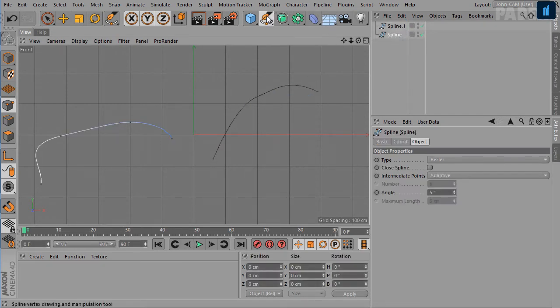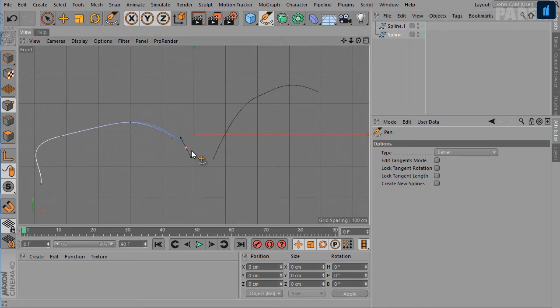Let's connect them using the pen tool. And notice here that we have now only one spline. So whenever you connect two or more splines, they will be converted into a single spline. So this is how we use the pen tool on a spline.